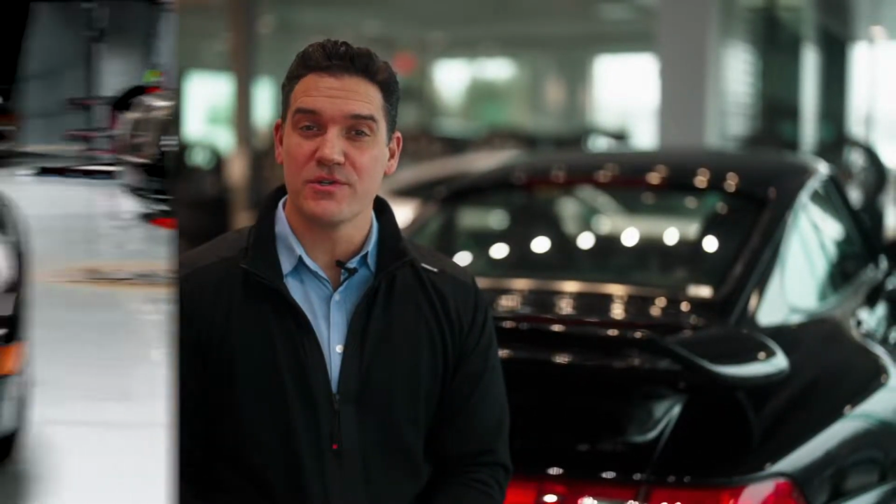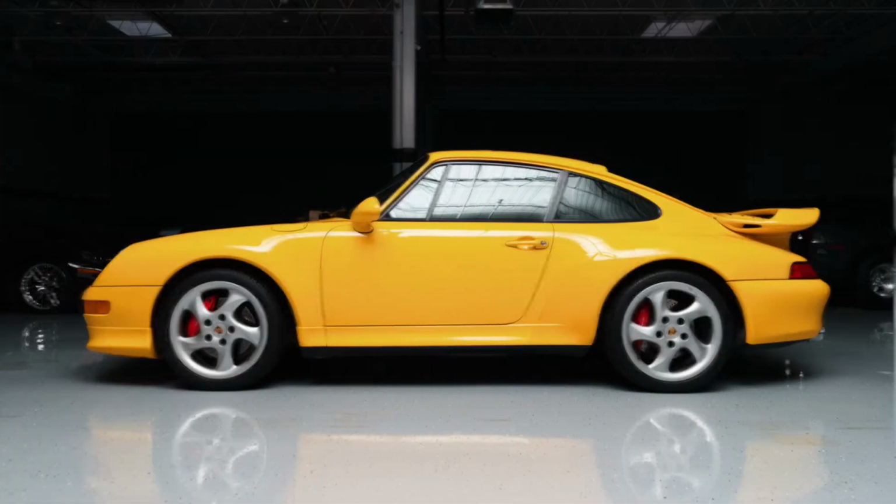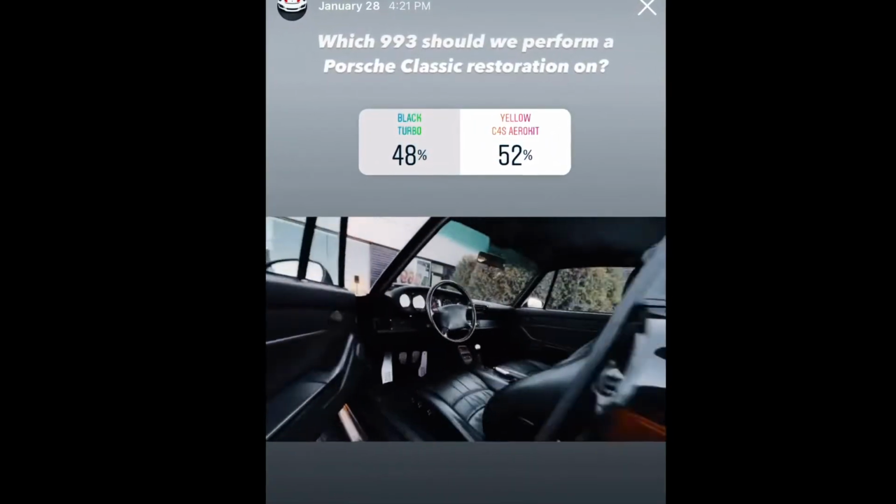The Porsche Exchange chapter in the Classic Car Challenge is an interesting and fun one. It really started with our 45,000 Instagram followers. We had two 993s that we were considering. It was a tough decision, and our shop foreman had a fantastic idea of leaving it up to the public. So we held an online vote, and 52% of our followers wanted to see what we can do with the